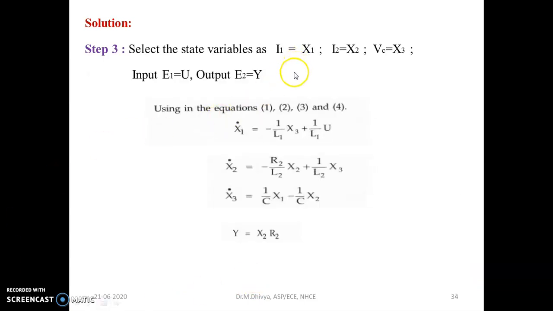Now select the variables: input variable, output variable and the state variables. Input variable is the input voltage which is applied to the system, that is E1. And output is E2 across the resistor R1. Now we have to define the state variables. How to define the state variables?